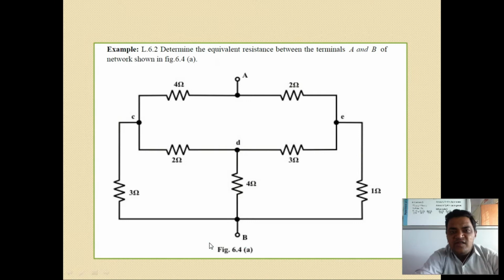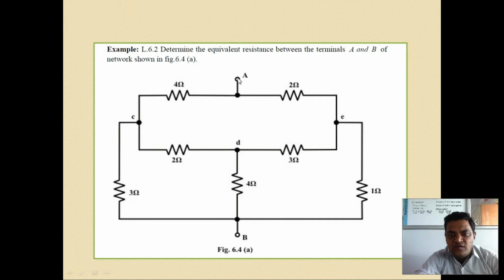The next example: determine the equivalent resistance between the terminals A and B. A and B means between these terminals you have to calculate the equivalent resistance. Observe carefully: the 4 ohm resistance and the 2 ohm resistance are connected here, which means these two resistances are connected in parallel, because according to the current divider rule,